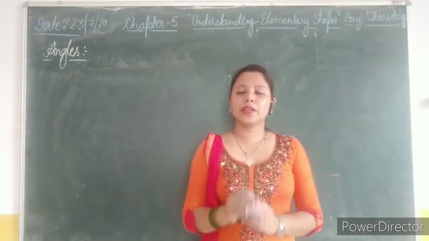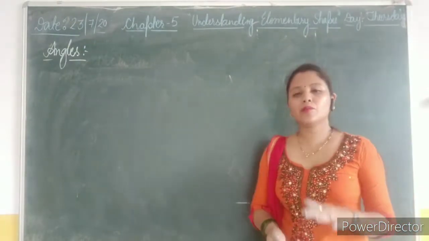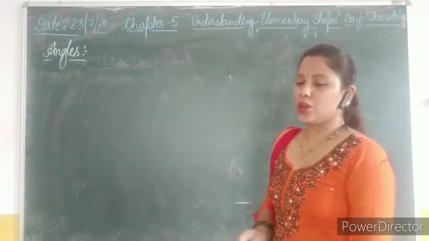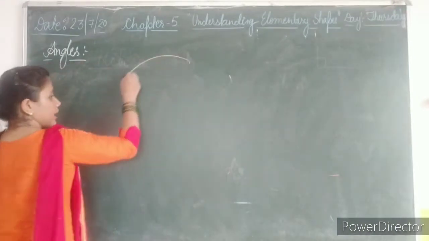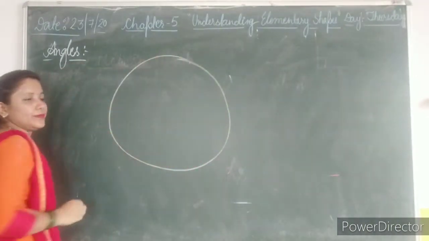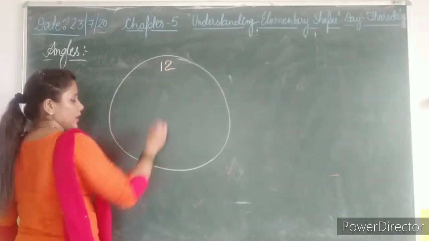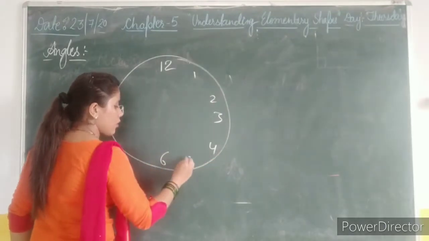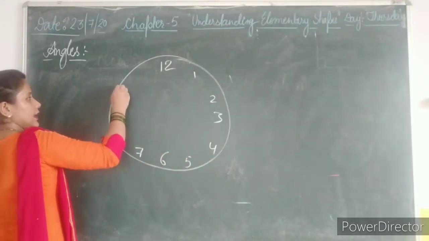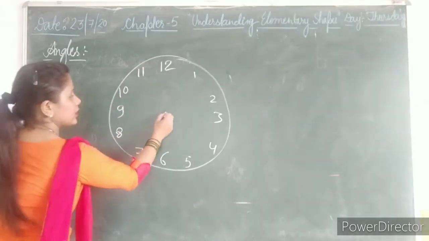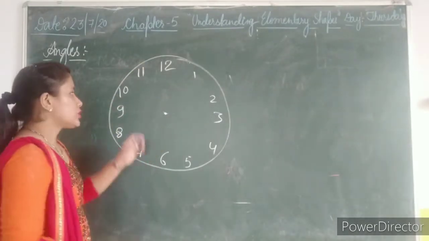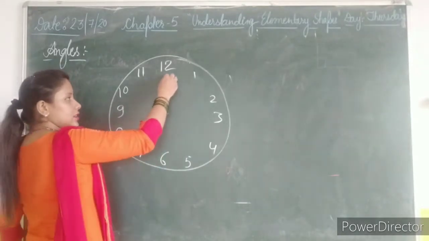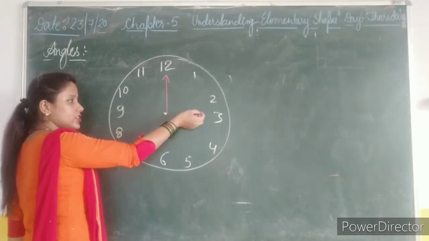Our next topic is measuring the angles. Okay, so I am going to use an example for measuring the angles, and that is a clock. So first, just draw a clock. Okay. So here 12, 6, 3, 9, 1, 2, 4, 5, 7, 8, 10, and 11. And here is the center of the clock. Okay. So suppose this one is your one hand, and another hand started from 12 and reached at 3.